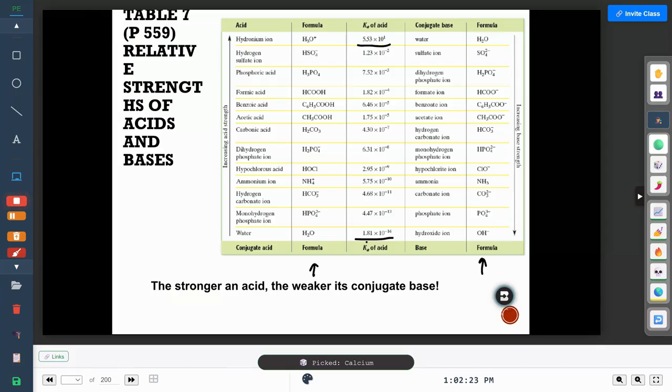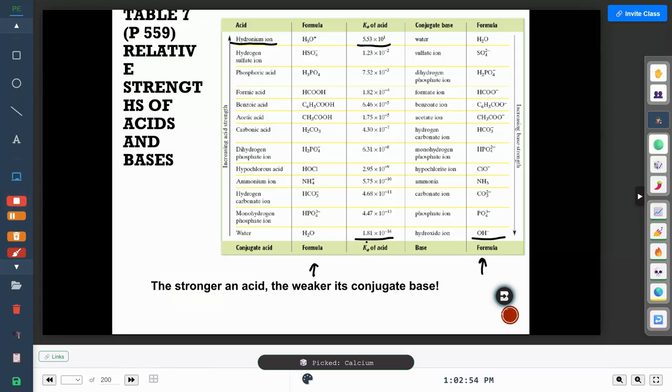Now, this whole thing is relative strengths of acids and bases. Some of these are strong, some of these are weak. Really, what we're looking at when we look at all of these things, though, is a bunch of weak acids, okay? The only one you might be able to think about as strong in a pure form is a hydronium ion, or a hydroxide ion as a strong base in its pure form, right? But everything else is going to be essentially a weak